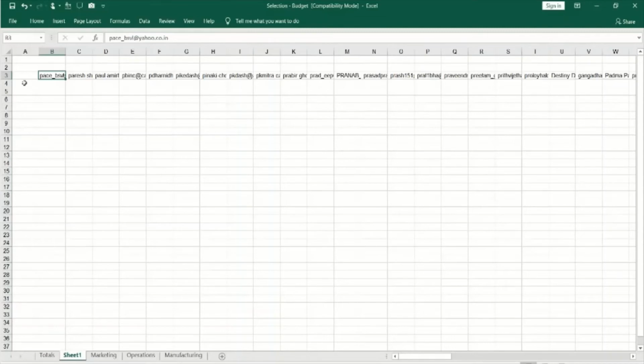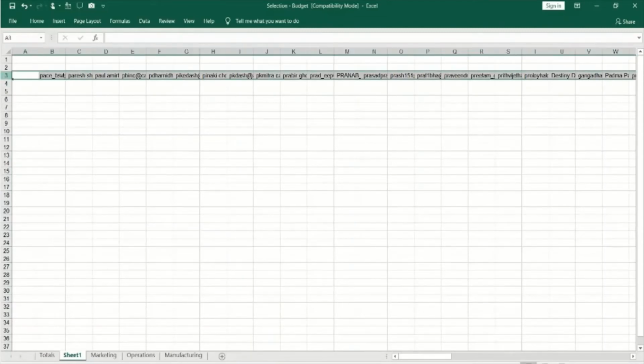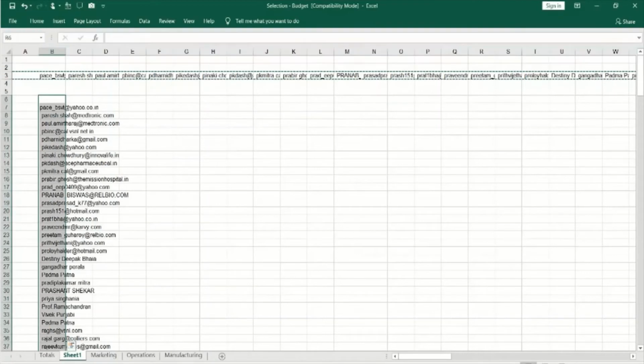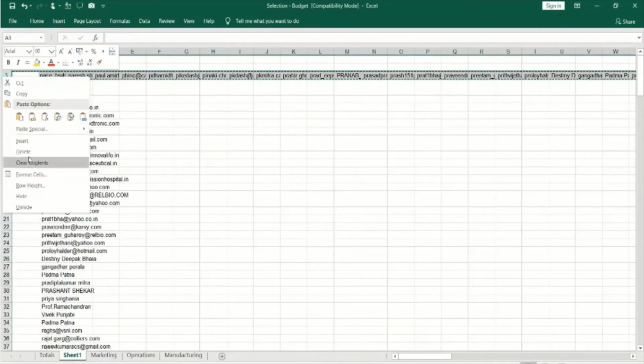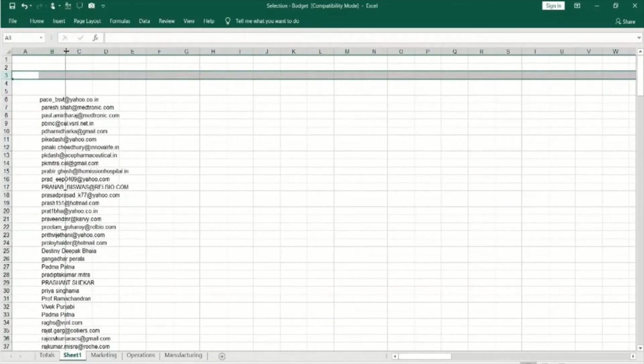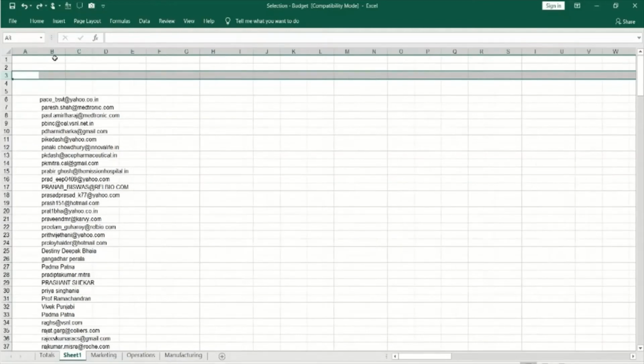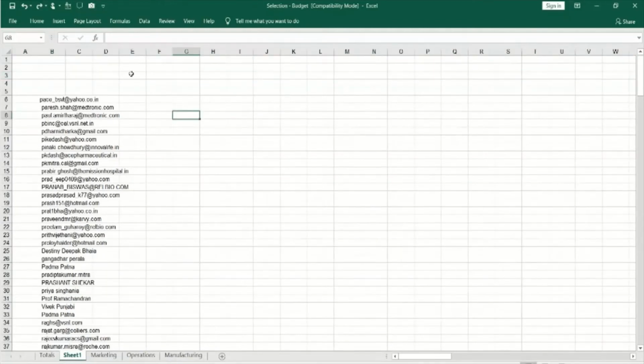We have already seen the transpose option. Select this, do a Control C, click anywhere, go to Home, Paste, and then do a transpose. If I don't want this, I just delete this. Now I have the email IDs. Right now the column width is not adjusted.